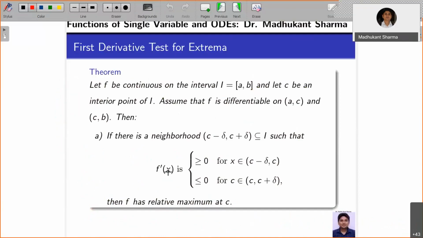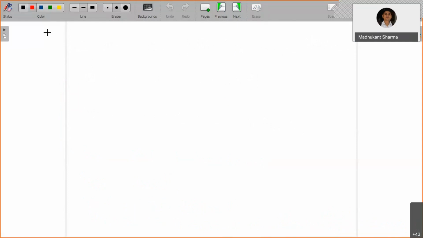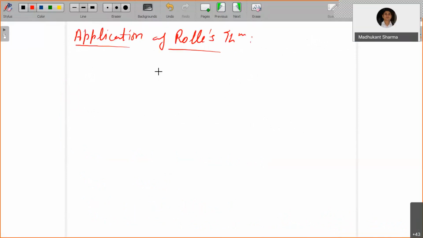Okay. So before going to the first derivative test, let me also give you another important application of, in particular, Rolle's theorem. So the application of Rolle's theorem. Here, let f from I to R, where I is equal to the closed interval AB,